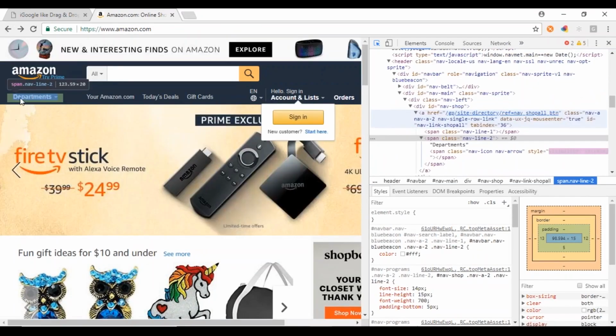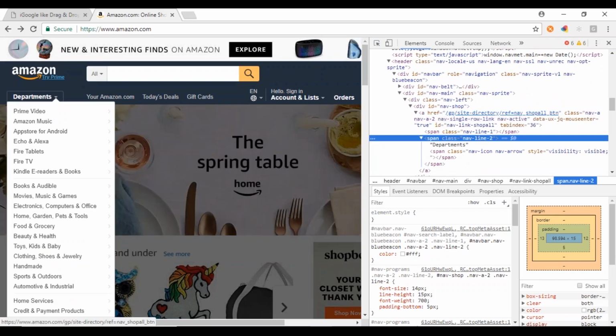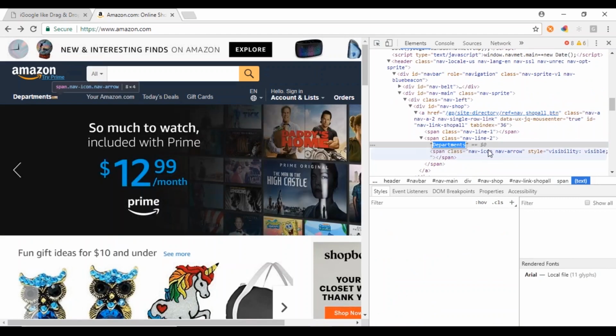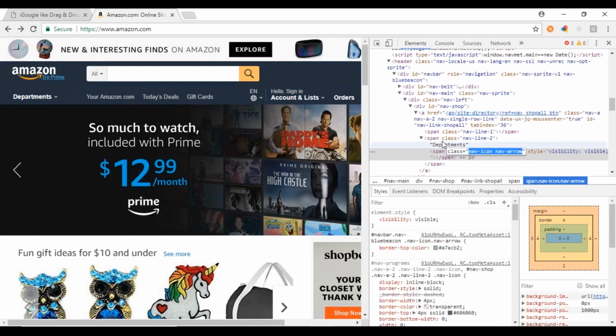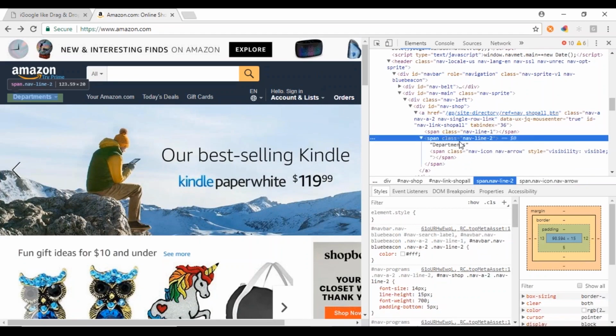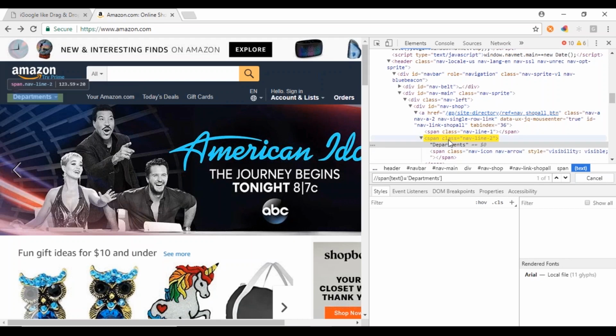Loading. This is here. So it says nav2 and span class. Yes. We have the text as well, and we have the span class as well, right? So for that, if I just mouse over on this, it is the text. So let me write my span text is equal to departments, right? So it is now identifying this. So this has been identified uniquely. Let me pick this up.